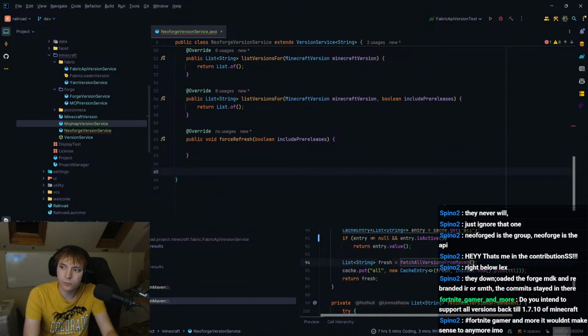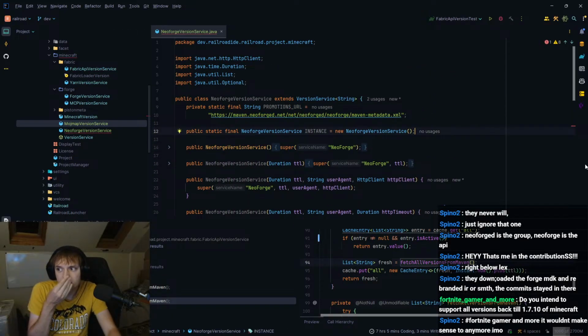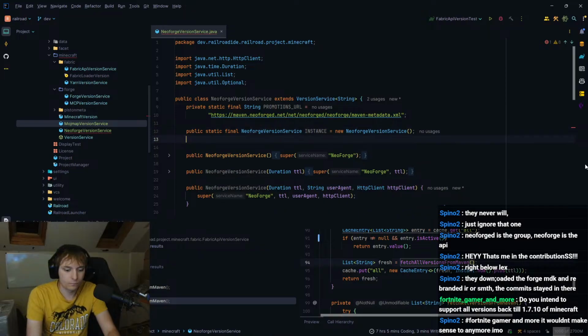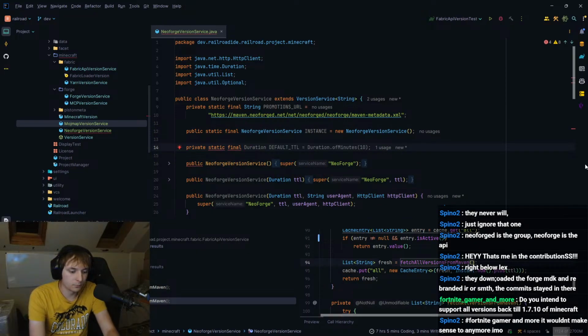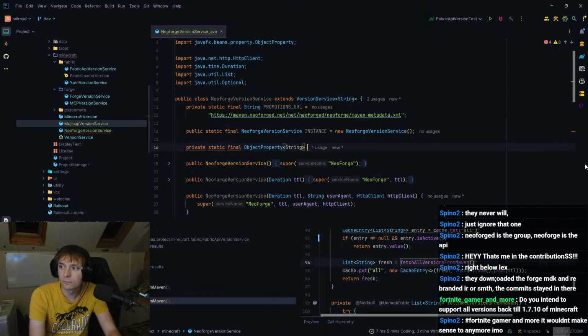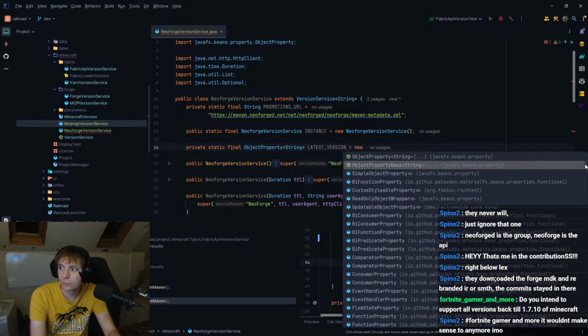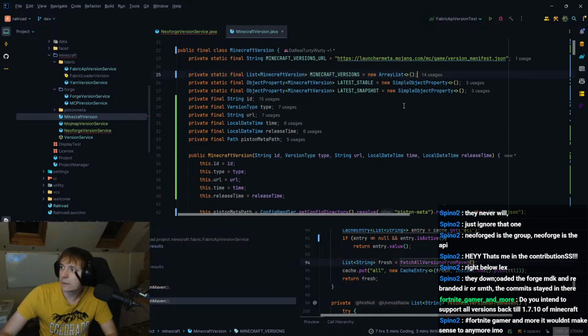So let's have a private static final object property of a string, which will be the latest version, equal to a new simple object property. Now what do I do in here for that?